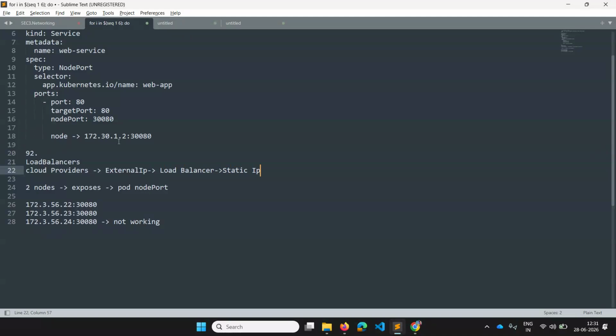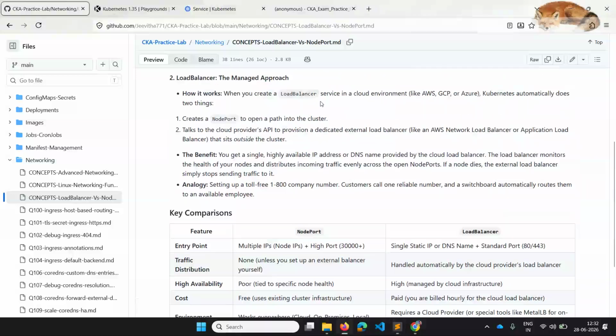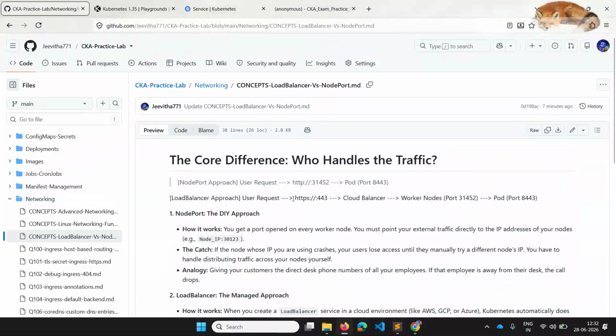Using that single static IP, which is the external IP provided by cloud providers like AWS, Azure, etc., and the port, let's say something like 12.0 dot something, there is an example here.